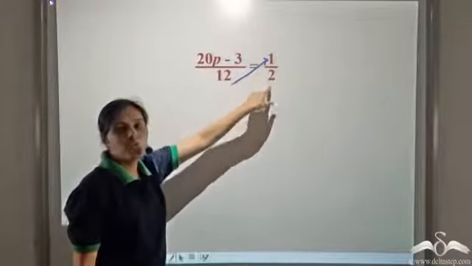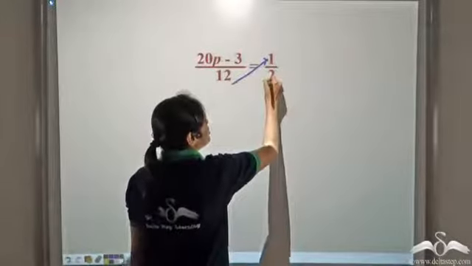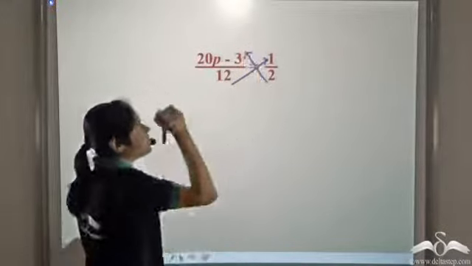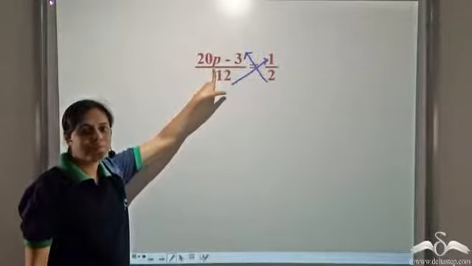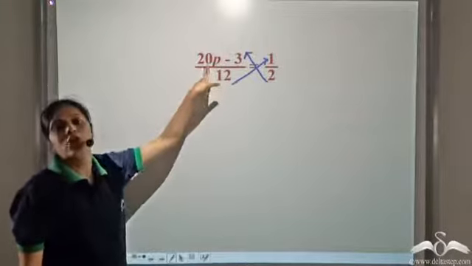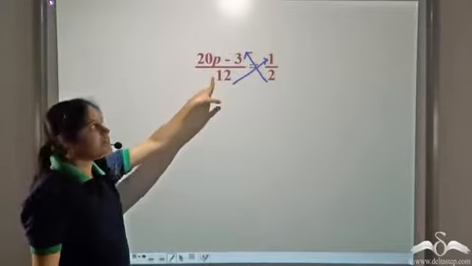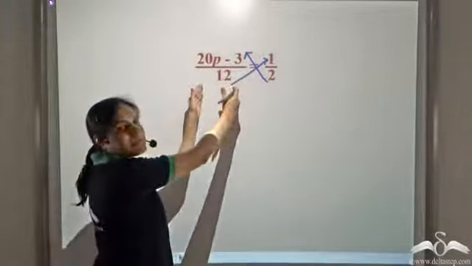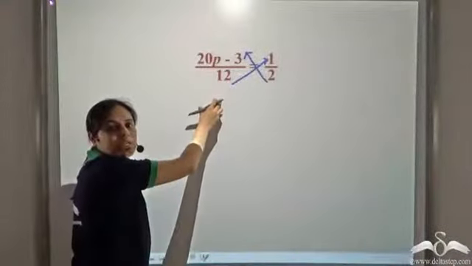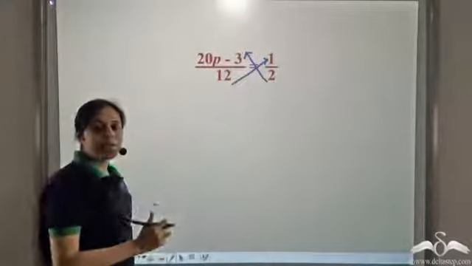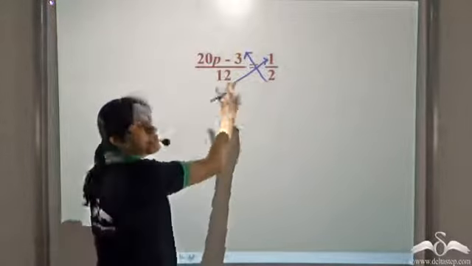Similarly, 2 is in the denominator of the right hand side. We can transpose 2 to the left hand side and it will be multiplied with the numerator of the left hand side. And this method is called cross multiplication. So if we have an equation in which we have something by something is equal to something by something, we can take the denominator to the other side and multiply it with the numerator of the other side. We can do this for both the sides.